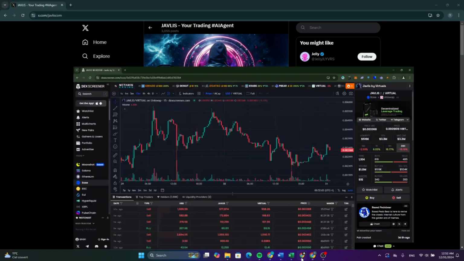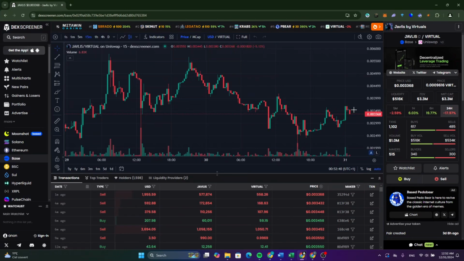Now, to be able to buy this token, it is available on the screener. Now go there and open your account. If you don't have an account, just go and create one. Now, as you can see, this token is under the Base network. Now, to be able to buy this token, just copy the tokenization from here, and we will use the Bitkit